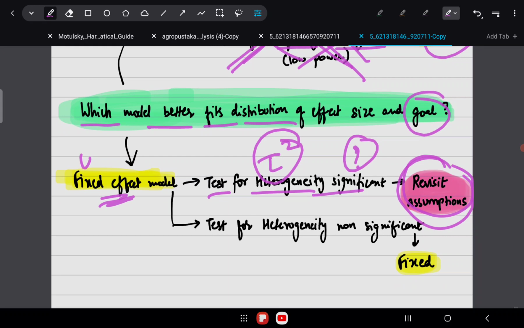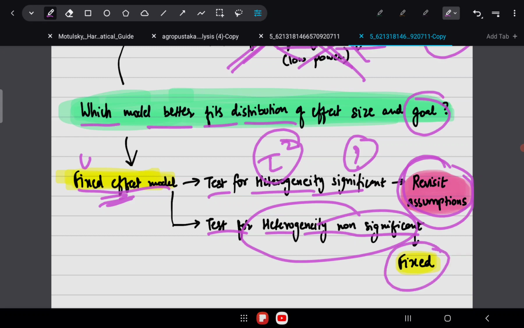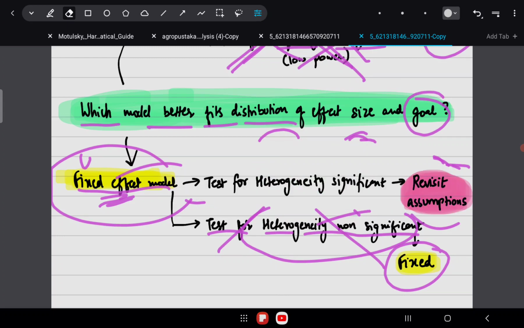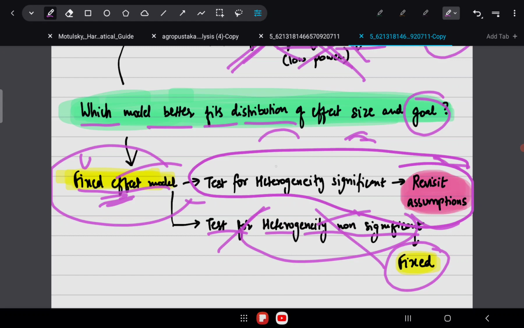And let's say you're doing fixed effect modeling and the test for heterogeneity is non-significant. What should you do? Of course, the test for heterogeneity is non-significant. It means that there is less heterogeneity, although this is still not reliable, but you can continue with fixed effect modeling as long as your assumptions about why you went for fixed effect modeling in the first place were correct. So the point you can remember is that if you are doing fixed effect modeling and the test for heterogeneity is coming as significant, then you should revisit your assumptions about fixed effect modeling, because it is indicating that there is heterogeneity and maybe fixed effect modeling may not be correct.